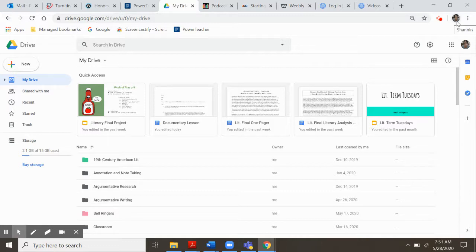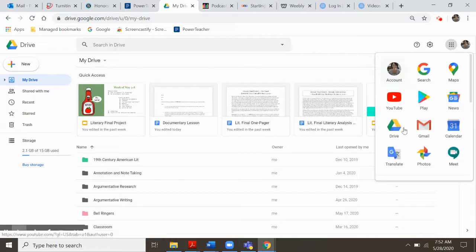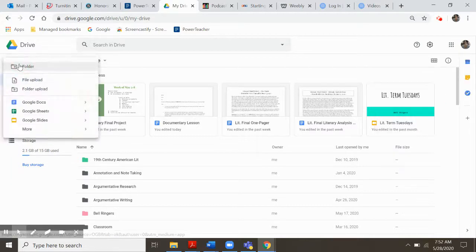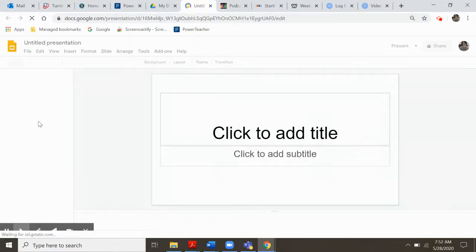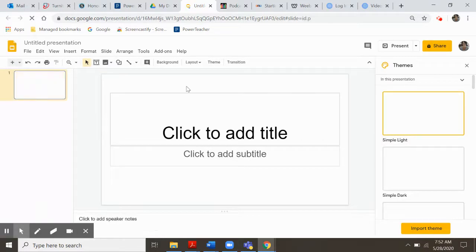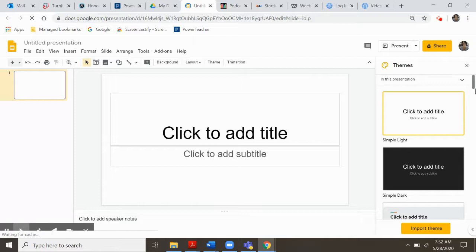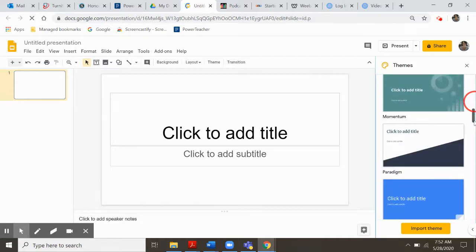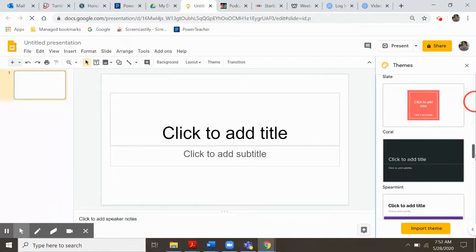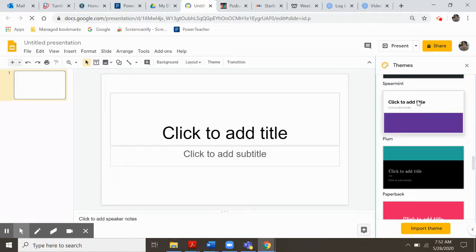Once you're in your Google account, and we have to go into your own Google, remember you have all these options for Gmail and Drive. So you want to be in your Drive. Once you get to Drive, you come over here and you click New, and then you're going to create a Google Slides. So you click Google Slides, and then it opens up your platform or your templates. You can choose from different themes over here, all these different styles, whatever works best for you. And then once you've chosen one, so say we just click this one,